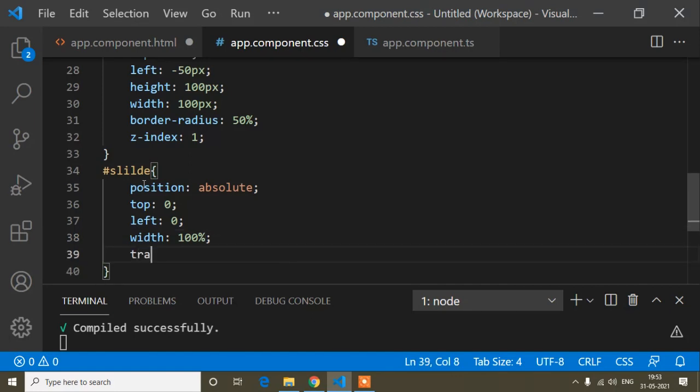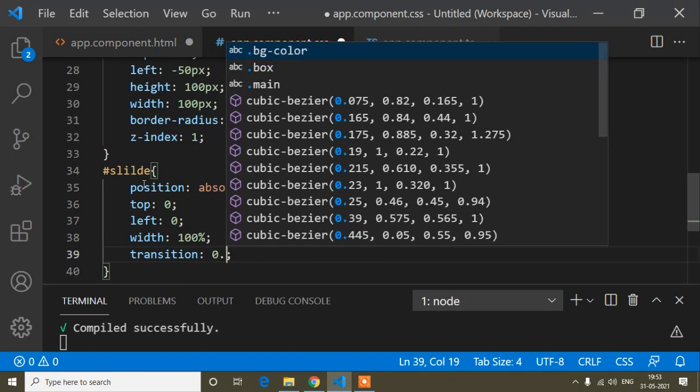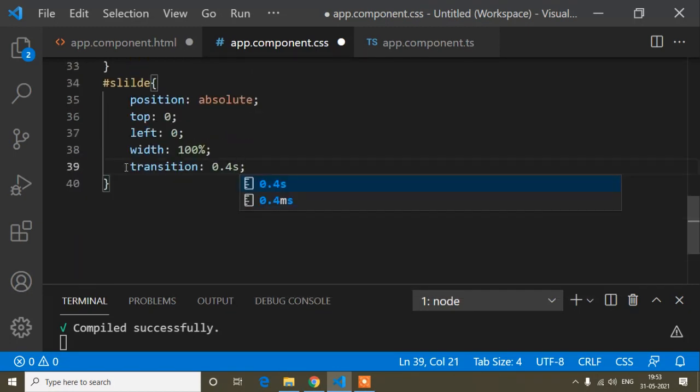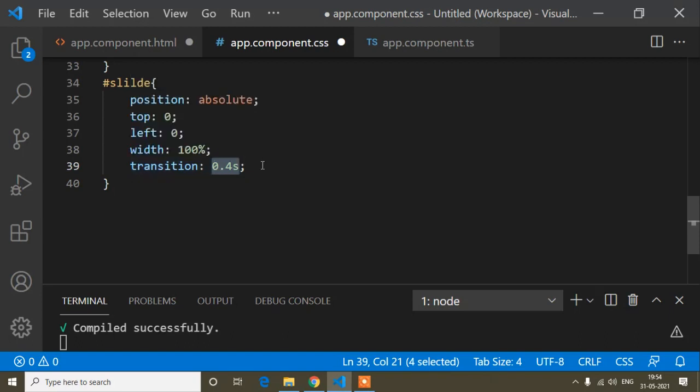And I will add a transition, because when I click the next and preview button, I want to move the slide div very smoothly. The transition is 0.4s, where s is for second, so it will move with a transition of 0.4 second.